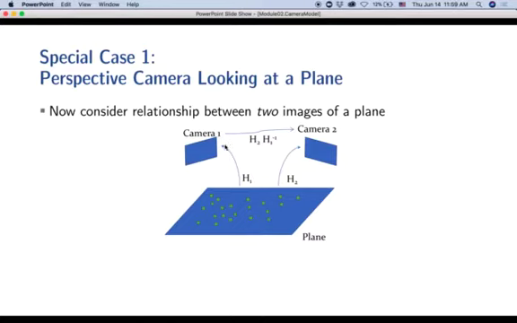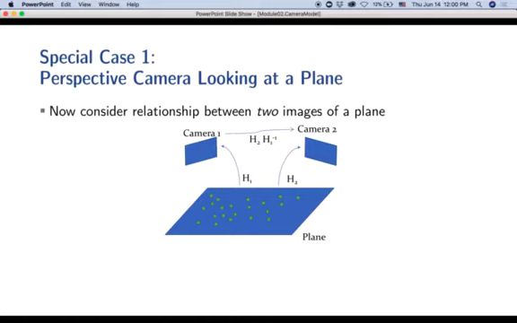Because homographies are invertible, I know this relation. The green points here on the world are related to this camera by H1. Because homographies are invertible, the camera points here will be related to these green points by inverse of H1. And then these points are related to the second camera by H2. So these points are related to these points by H2 times inverse of H1, in the opposite order, because I'll first apply inverse of H1 and then H2, which means that any two images,